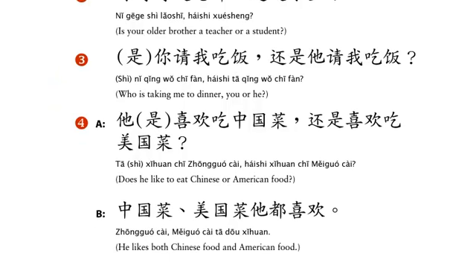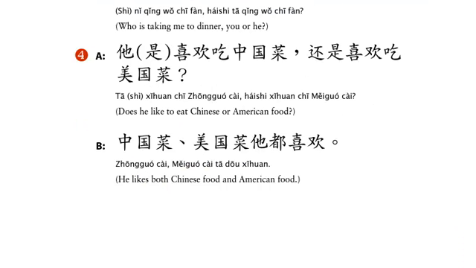Here we have a conversation. 他是喜欢吃中国菜还是喜欢吃美国菜? Does he like to eat Chinese food or American food? And the answer is 中国菜、美国菜他都喜欢。 Okay, he likes Chinese food and American food. And that concludes this